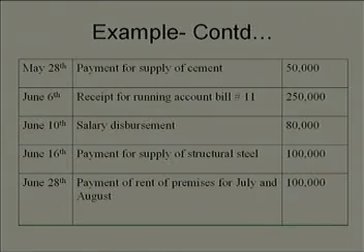Now, suppose for all these transactions, we are supposed to make a cash flow diagram. So, very easily it can be done. I will tell you how to proceed with preparation of such cash flow diagram,